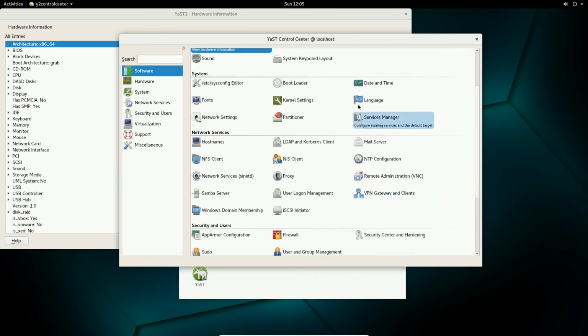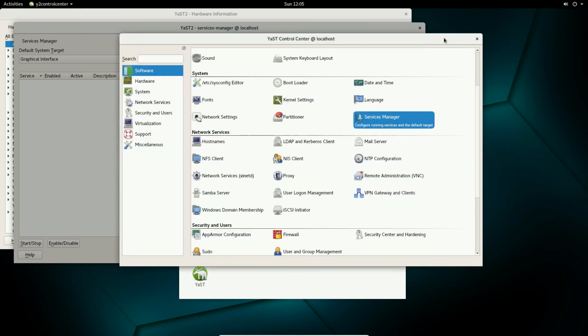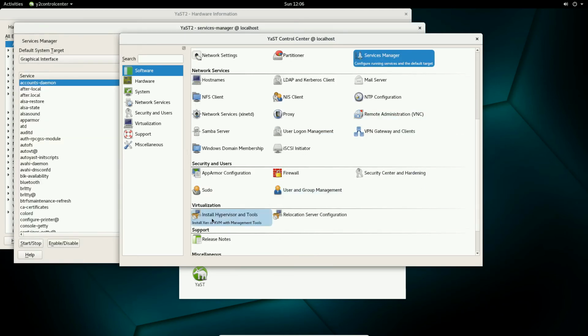itself. Partitioner, services manager. So it's going to pull up all the services that are running. Reading service status. Okay, NFS client, Samba server, remote administration, of course using VNC. We have virtualization, install your hypervisor. I mean, really, this is what makes Suse so powerful, is you can twist it and turn it so many different ways. And we're only looking at the first